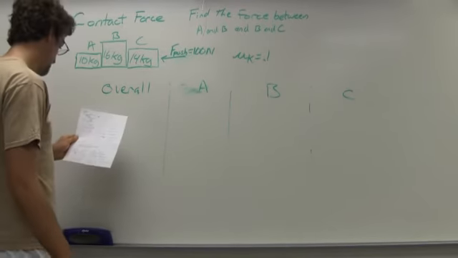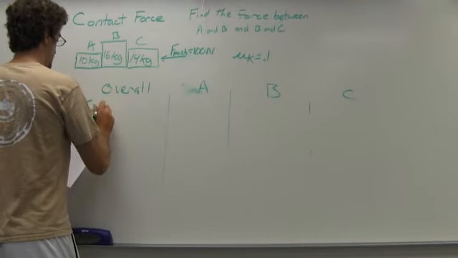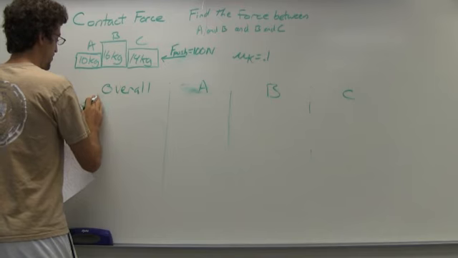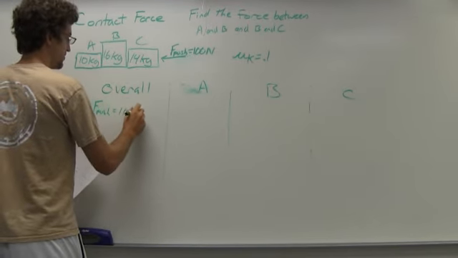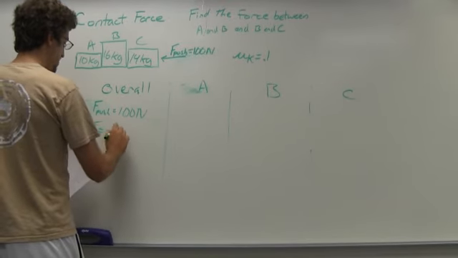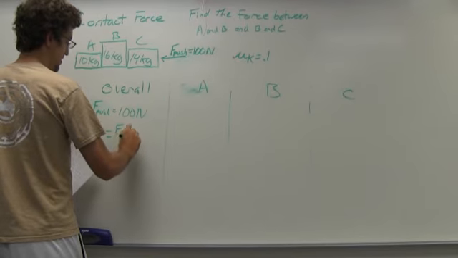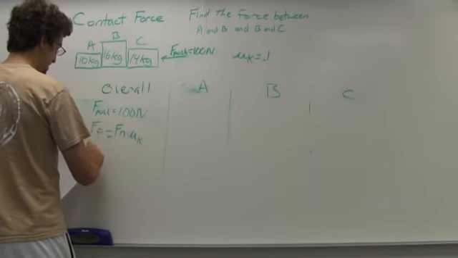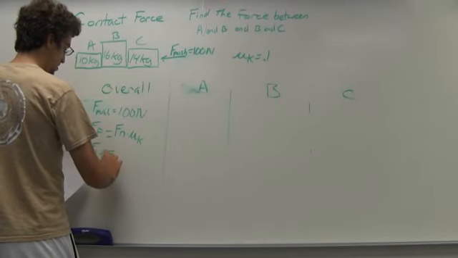Now overall is going to be the simplest one to do. We know the net force is going to be, well, let's talk about the forces on it. First off, we have the force of the push. We know that's 100 newtons. Next, we have the force of friction, and we can find that with the normal force times coefficient of kinetic friction. And in this case, the normal force is going to be equal to the force of gravity, which is equal